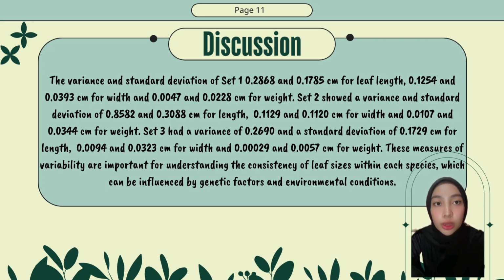0.1129 and 0.1120 cm for width and 0.0107 and 0.0344 cm for weight. Set 3 had a variance of 0.2690 and standard deviation of 0.1729 cm for length, 0.0094 and 0.0323 cm for width and 0.00029 and 0.0057 cm for weight. These measures of variability are important for understanding the consistency of leaf size within each species,